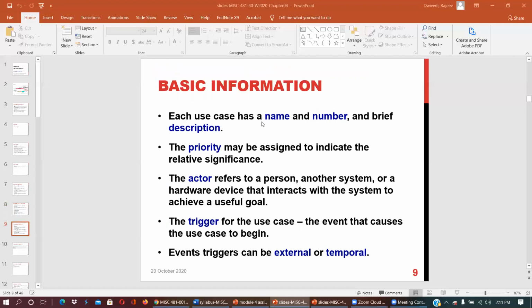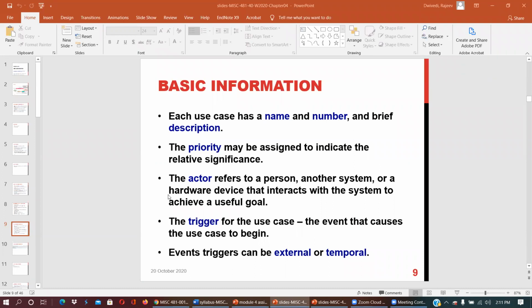Each use case has a name, number, and brief description. The priority may be assigned to indicate relative significance; it could be high, low, or moderate priority. Actors refers to a person or another system. Remember that it is not only the user; it could be another system or a hardware device that interacts with the system to achieve useful goals.